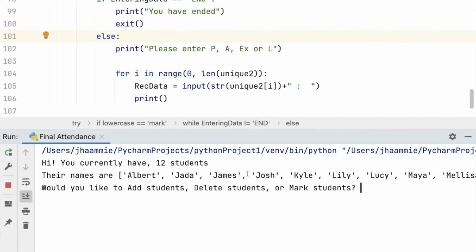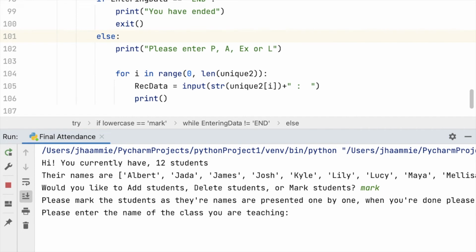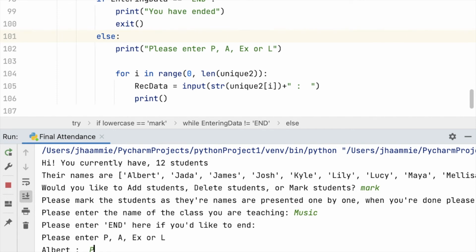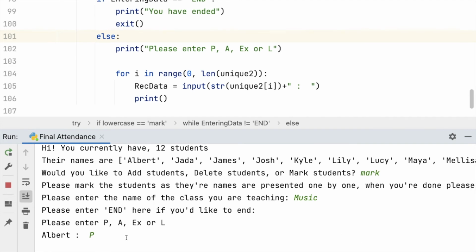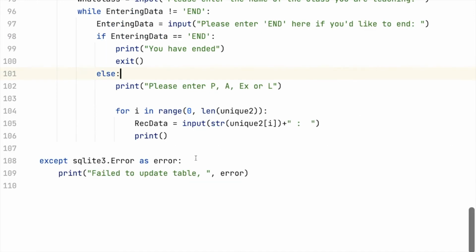So hi, you currently have 12 students. Their names are blah blah blah. And then would you like to add, delete, or mark students? So I want to say mark. So please enter the name of the class you're teaching. So I want to say music. Then please enter end if you'd like to end. I'm not gonna end, so I'm just gonna press enter. Then I put in P, and then it gives this line in between, which makes it much easier to read. Then there's A, and then there's EX,